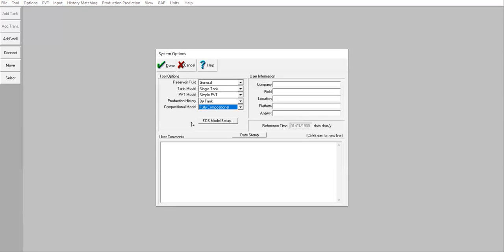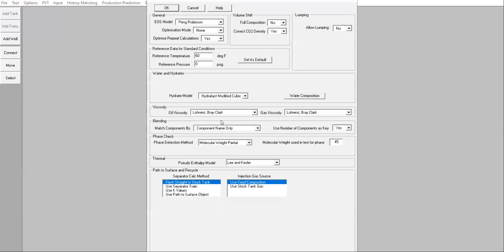and then enter the EOS model setup. Okay, and enter the same PVT information as we entered in the GAP software. Okay, so Peng Robinson, and then this none, yes, full composition, of course, yes, correct CO2 density, yes, no lumping, 60 and 0, hydrofact, good, LBC model, and then